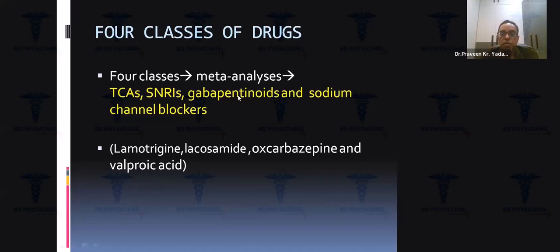Third is gabapentinoids, pregabalin and gabapentin. And the fourth group, which we do not use commonly and which is commonly missed, is the sodium channel blockers. Now, what are the various sodium channel blockers which we can use in neuropathic pain? One is lamotrigine, second is lacosamide, third is oxcarbazepine and carbamazepine, and fourth is valproic acid. So these agents may also be used as good agents, especially in patients who are not responding to the first